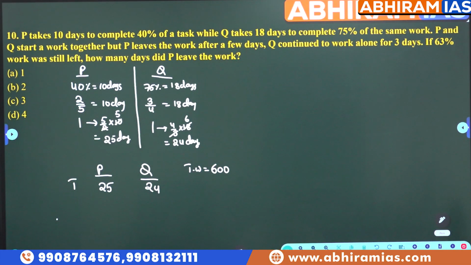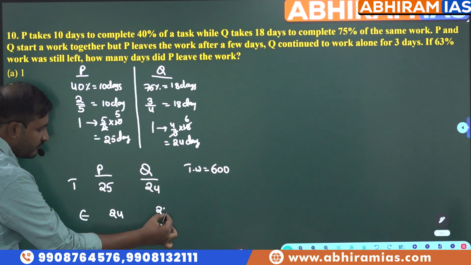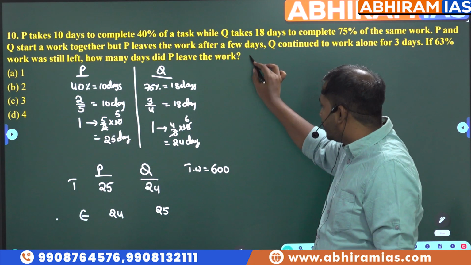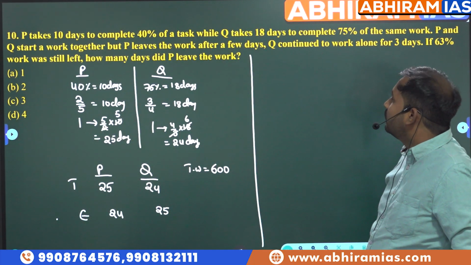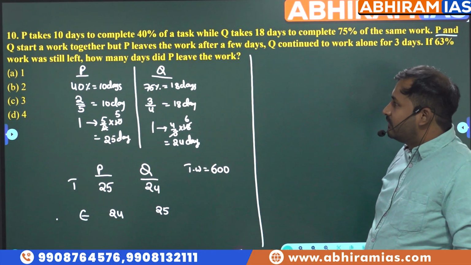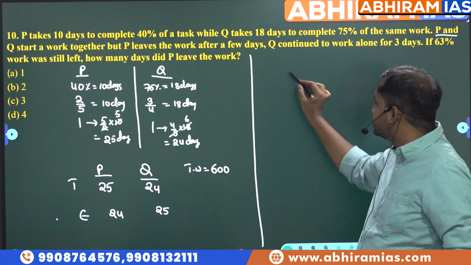25 into 24, this is 600. Directly you can multiply. So what are their efficiencies? 24 and 25. Now, please read the question carefully. We have found that one. Now, P and Q start a work together, but P leaves the work after a few days. That means,